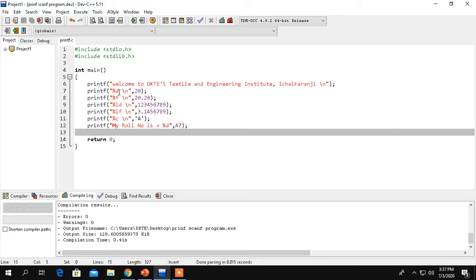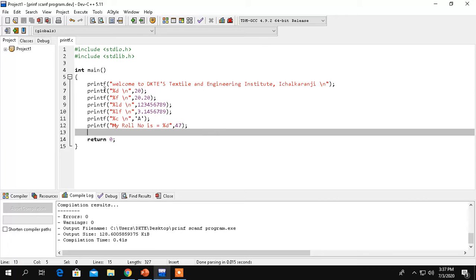Whatever value we are going to print in place of %d, we have to write after a single comma. In this case we are interested in the 20 value over the output window. We can have that by writing this value after this single comma.